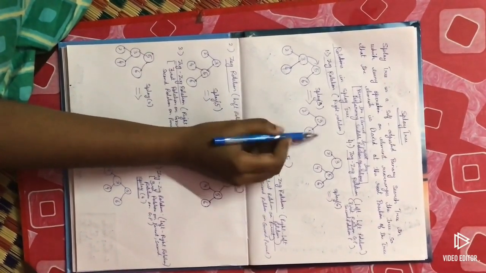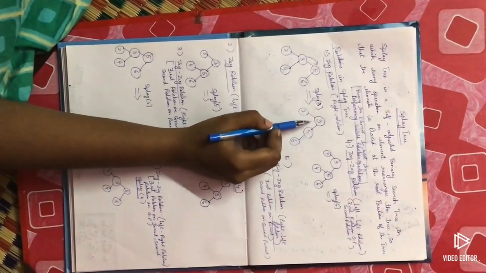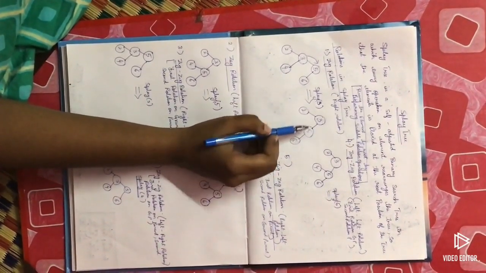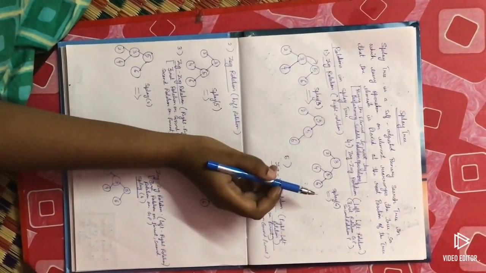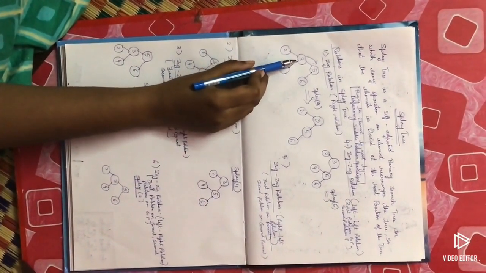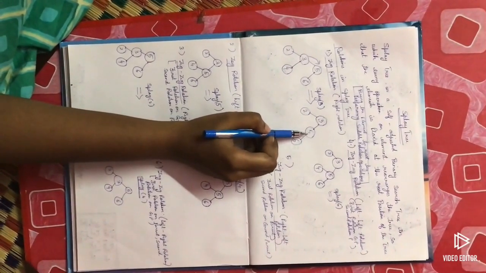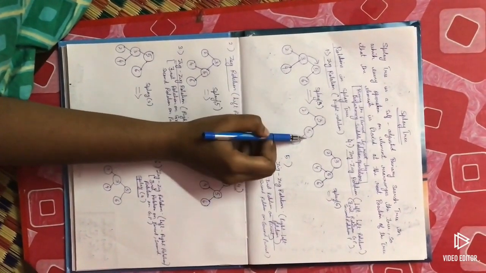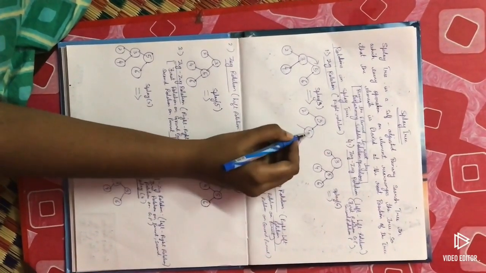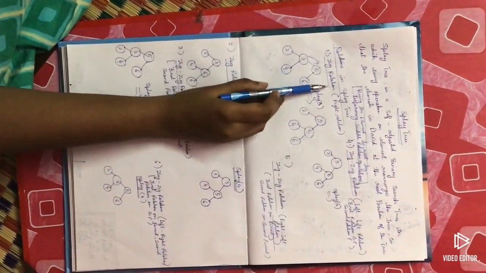You know the binary search tree formulation, right? The smallest element should be at the left side and the greatest element should be at the right side. That is the normal algorithm of the binary search tree. You would have studied that before. So at the right side of 3, 4 is there and 5 is also here. We have to compare 4 and 5 now. 4 is smaller than 5, so I am going to put it at the left side of 5. So this is the zig rotation.